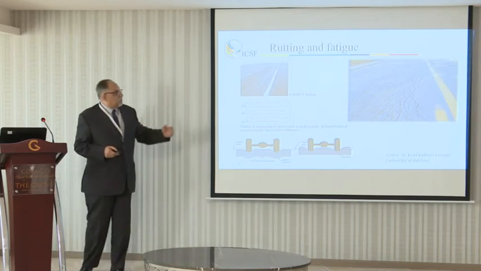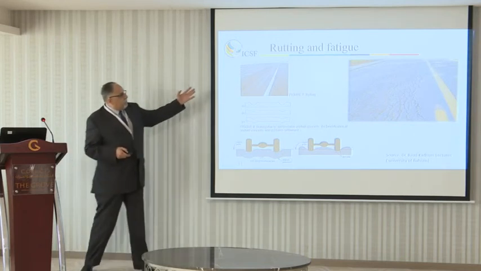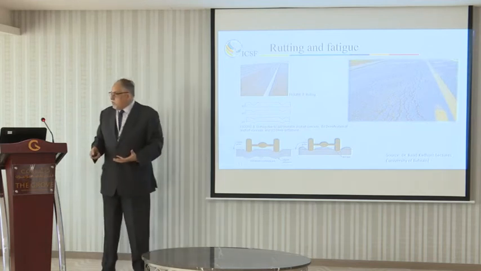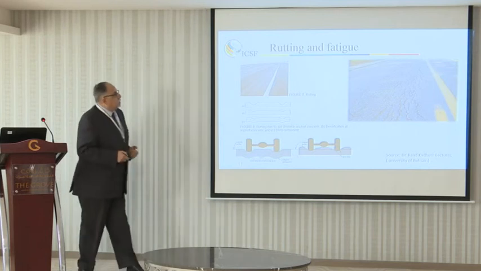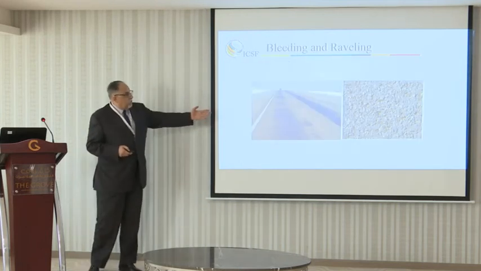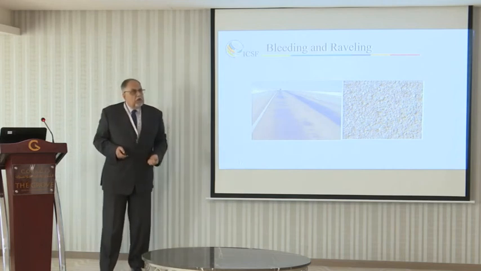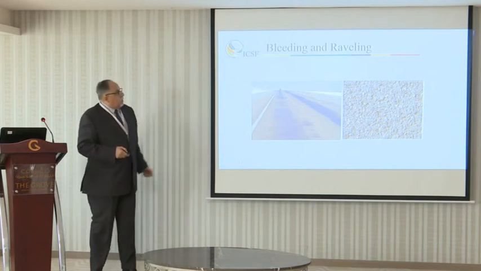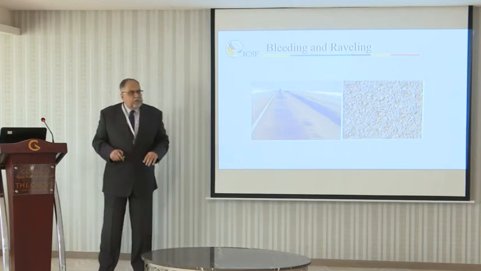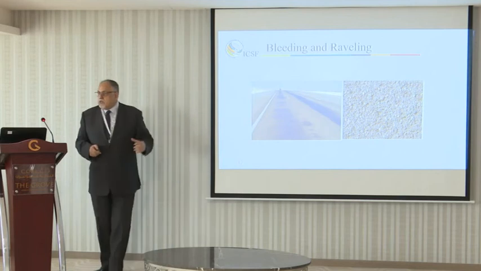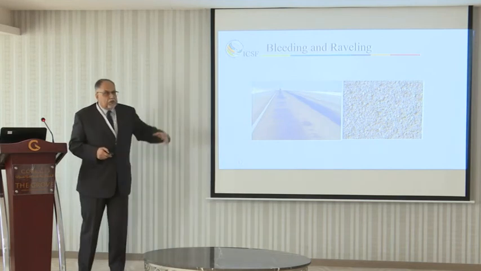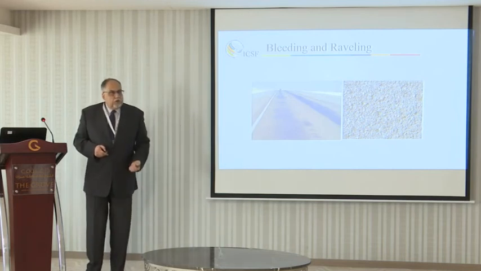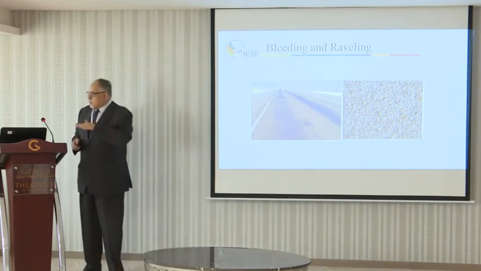The distresses in roads, as we know, include rutting caused by bad hot mixing or fatigue cracks. We have bleeding if there is an excess of binding material, and we have raveling if we have less binding material, which may erode the surface of the road, leading to roughness, more noise production, and maybe skidding problems.